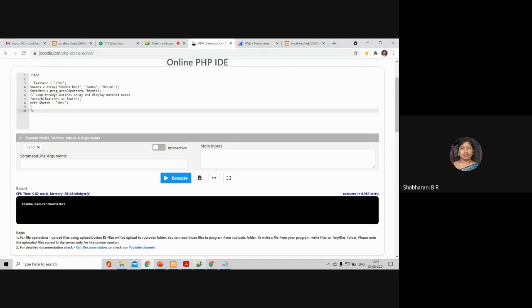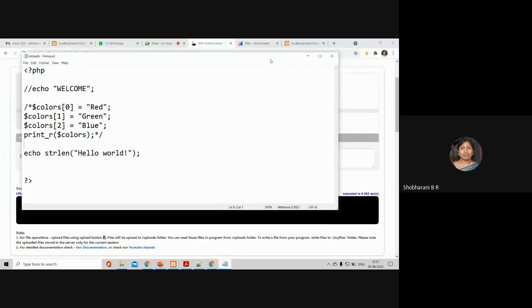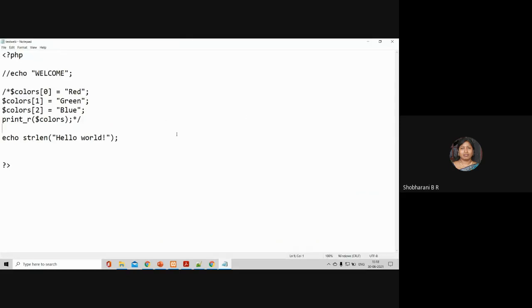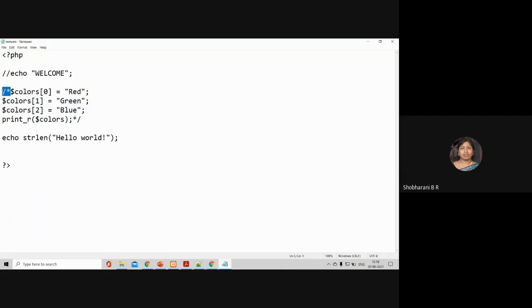Now I will let you know the very important part here, what PHP has got. We have always been listening till now that PHP is a server-side scripting language, but along with that, PHP has got another important feature to embed HTML tags in it. So right now I have commented all this. Since star slash is there, these are comments. Now what I'll do, I'll embed an HTML code here. Echo. What I'll do, I'll put